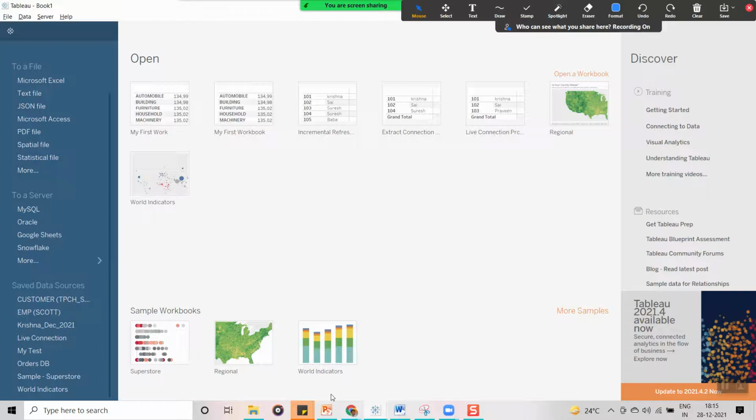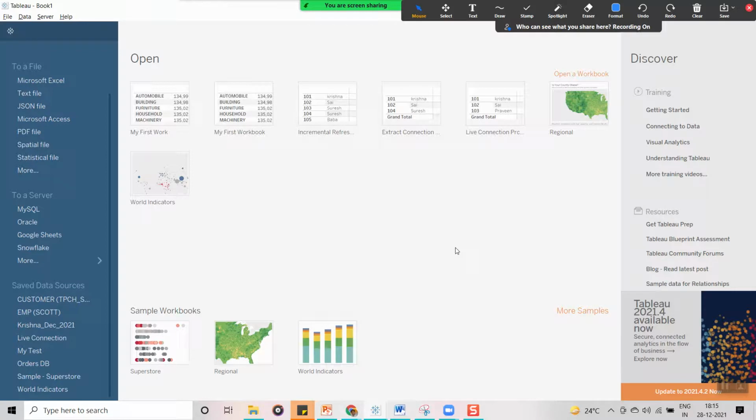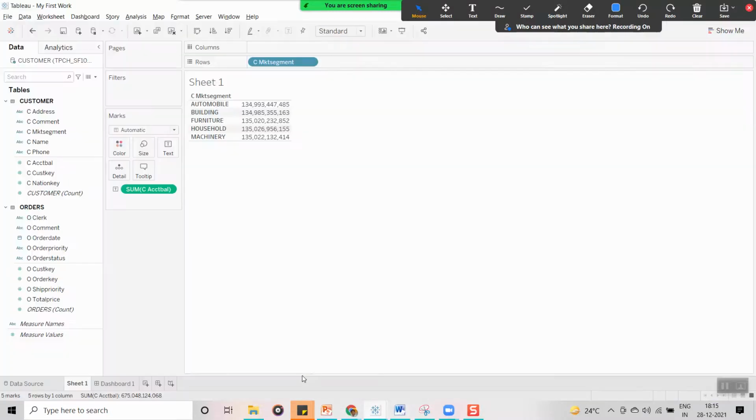Now we are going to see one more file extension type, that is a Tableau bookmark. See, here is the one visualization I have created. With a bookmark, you can add one visualization to your bookmarks list. Here sheet 1 is one visualization. Visualization means either a table format or any graph. Now how are you going to make this a bookmark?